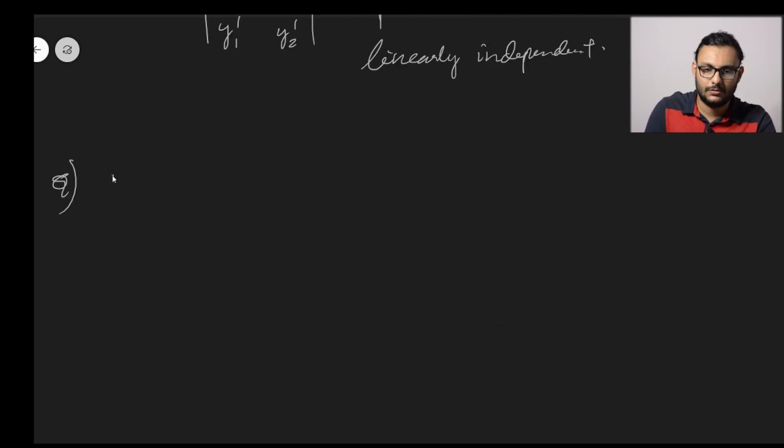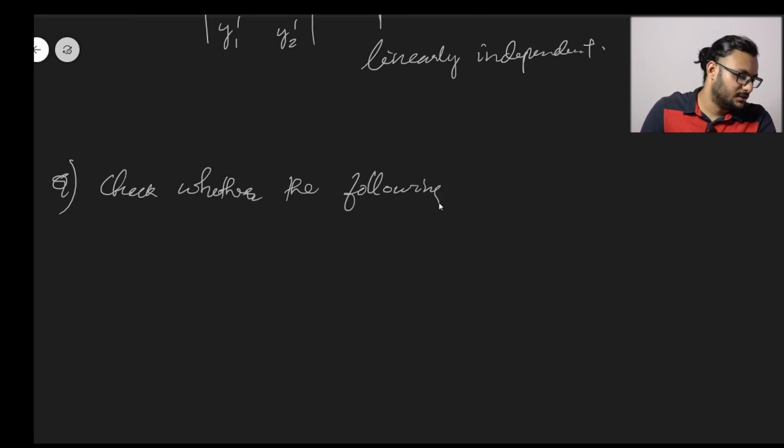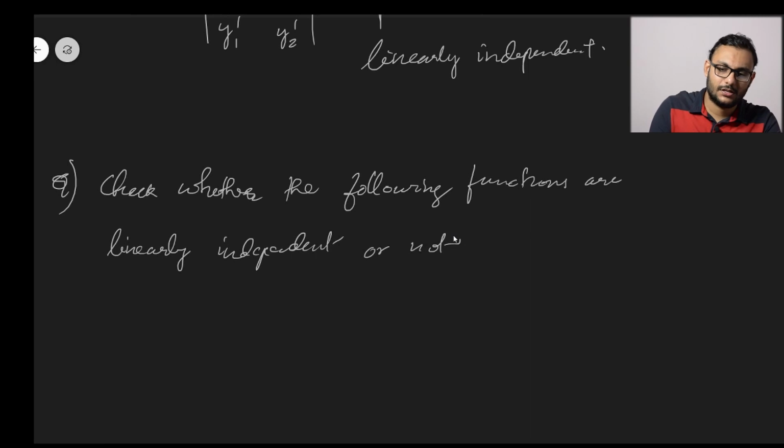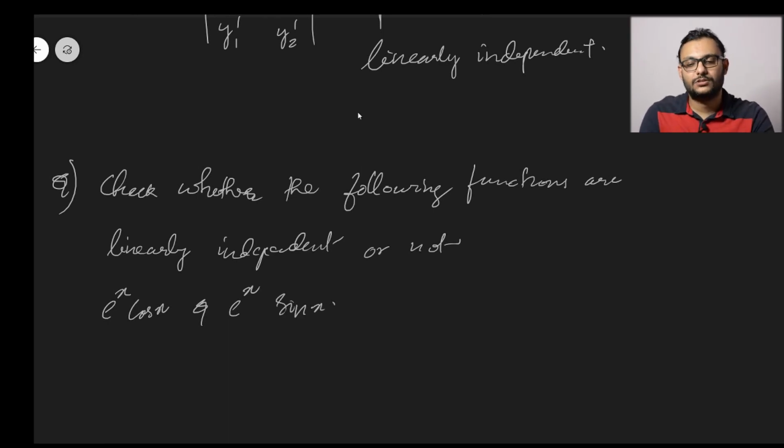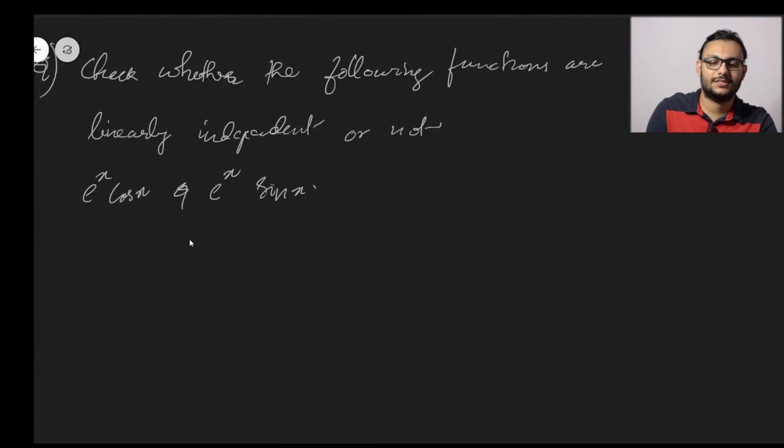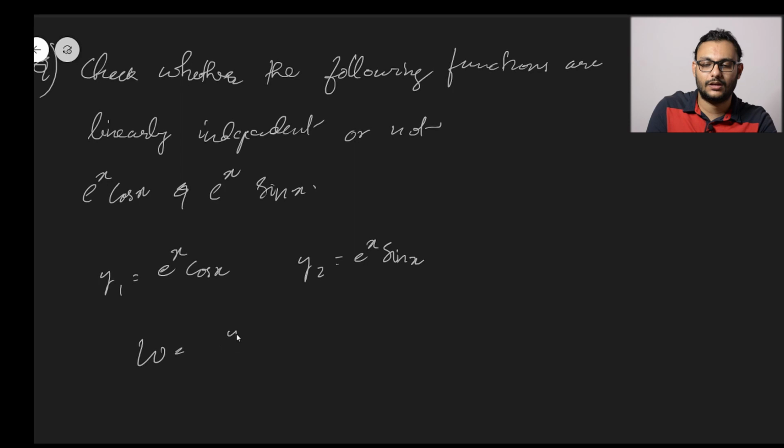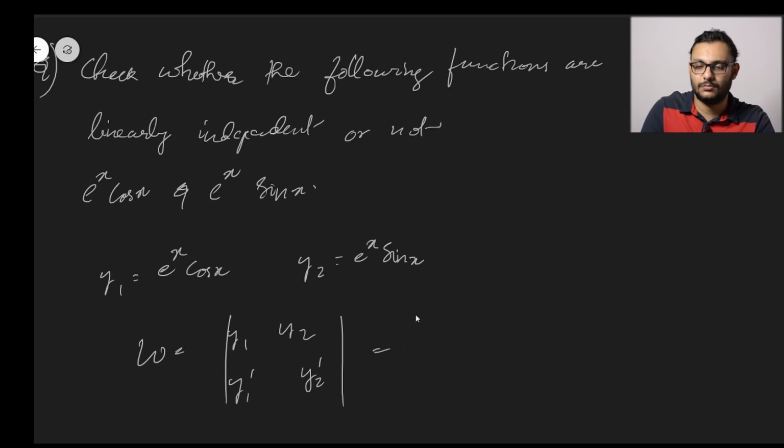Now we can do a problem. Check whether the following functions are linearly independent or not. The functions are given by e raised to x cos x and e raised to x sin x. To check whether these two are linearly independent or not, we assign y1 is equal to e raised to x cos x and y2 is equal to e raised to x sin x. So the Wronskian is given by the determinant of y1, y2, y1 dash, y2 dash, which is given by